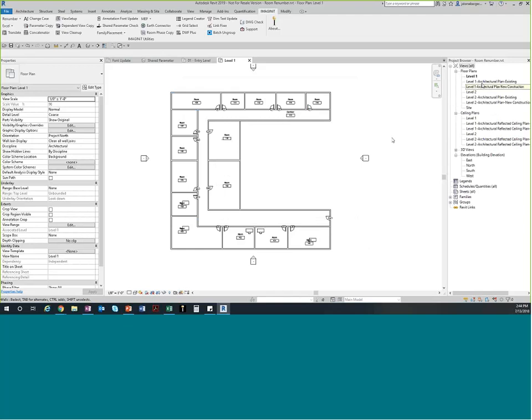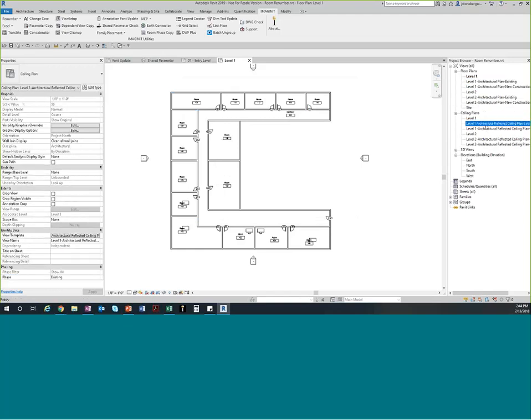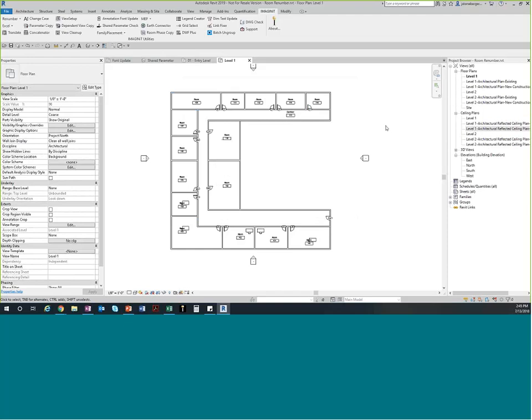So when I select OK, now you'll see that over here it's generating these views for me automatically. The view setup tool is really a way, especially if you have a high-rise project where you have 22 floors that you need to set up, to go through very quickly, based on view templates